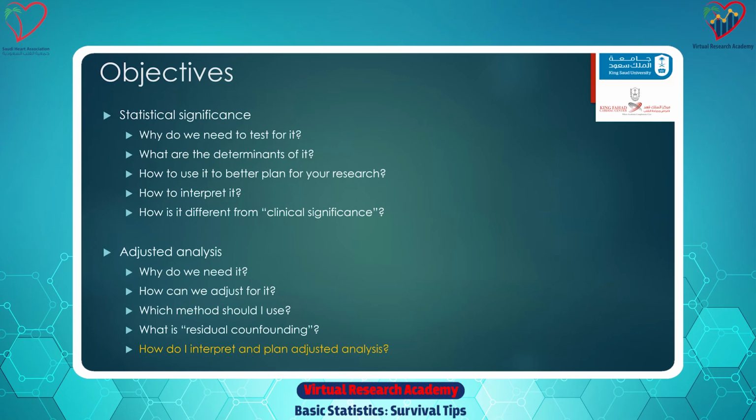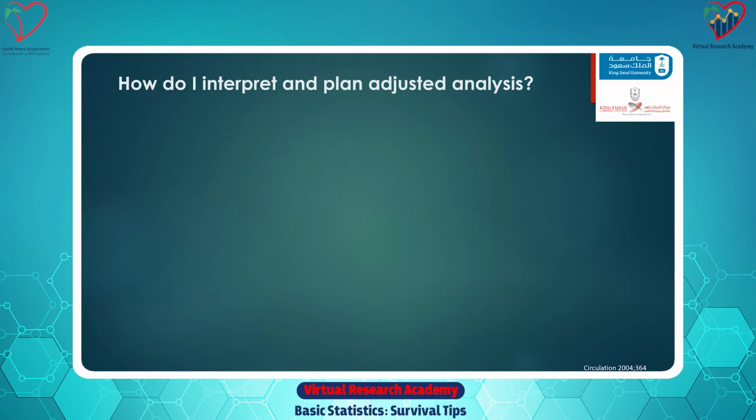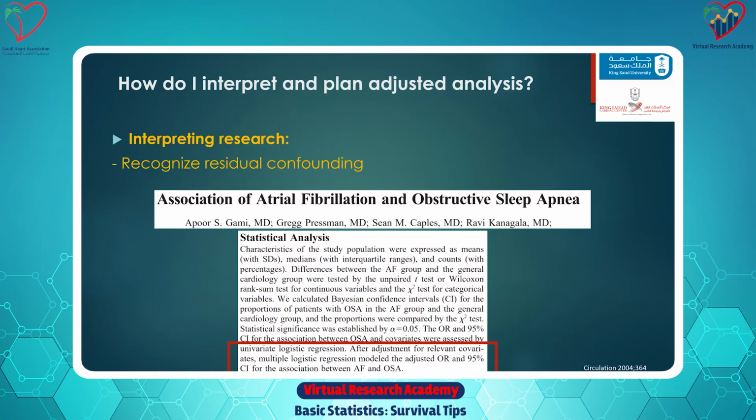So how do we interpret adjusted and plan adjusted analysis? Because there will always be residual confounding in observational studies. So first, interpreting research. And I think the main thing you need to think about is recognizing residual confounding. I did say that I think most of us will recognize confounding, but the tricky part is actually recognizing and